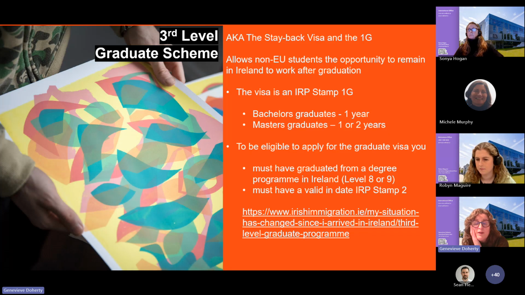So to be eligible to apply for the graduate scheme visa, you must have graduated from a degree program here in Ireland. So that means that if you've done an online program through IADT, you cannot suddenly arrive over looking for a graduate scheme visa. You have to have studied here in